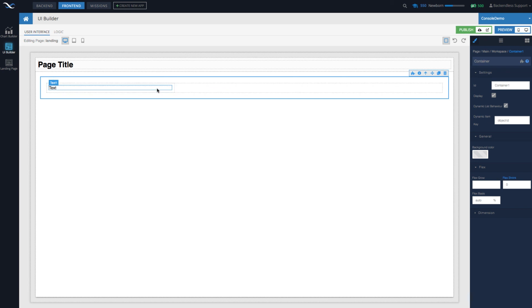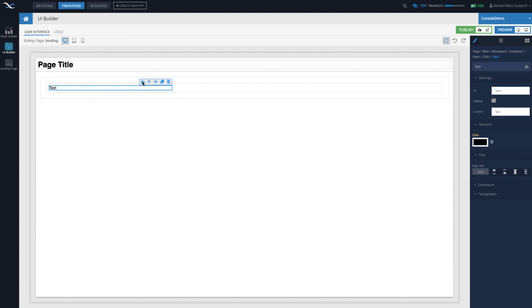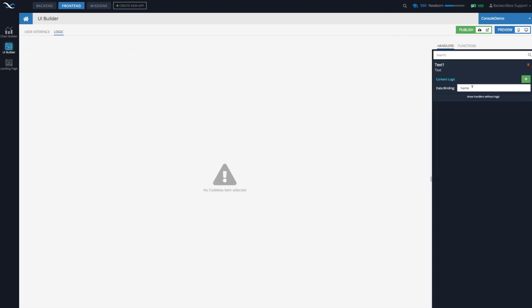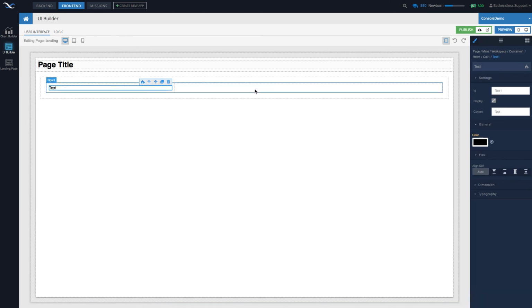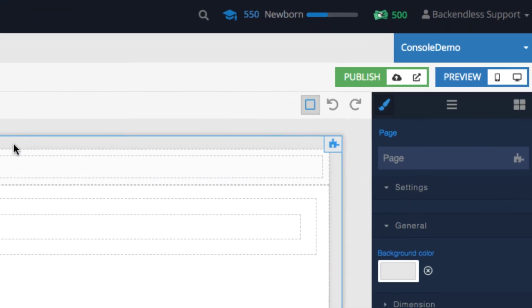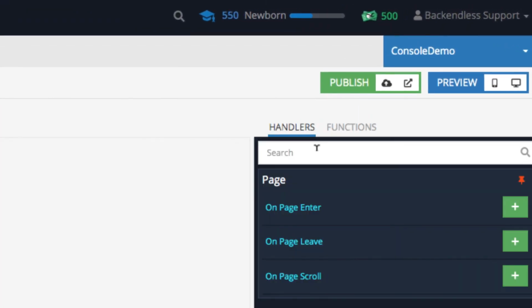Now this should make sense: whenever I select text and go to the data binding properties, the data binding to name is going to be a data binding to the name property of the individual city.